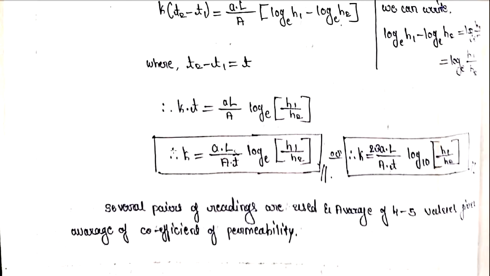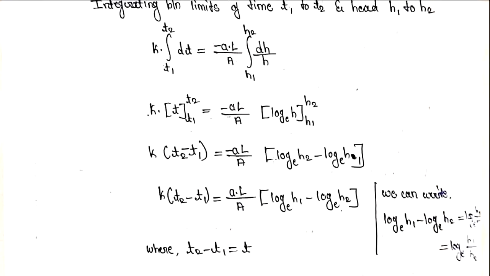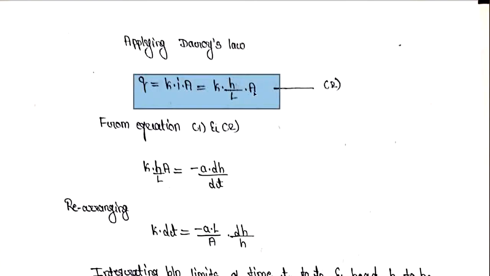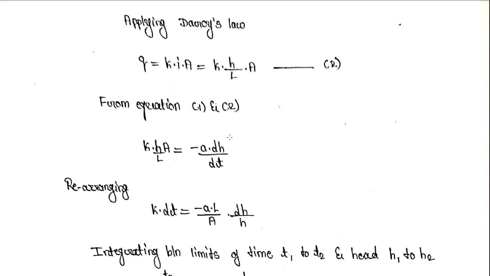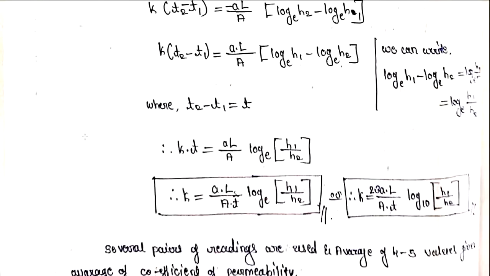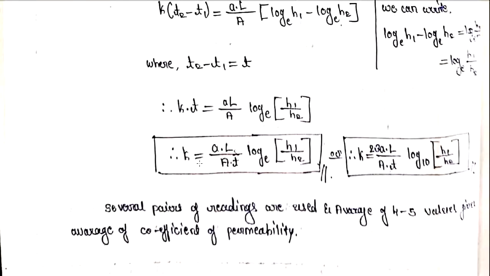Okay, so you can just go through these formulas. If you have any doubts, you can raise your queries. The formula derivation and other things are very simple, and by using the basic formula only we are going to start deriving. But remember, in the exam they may ask any method to explain or to derive the formula, so you have to derive this formula in the examination. This is the formula you need to remember in case of the falling head method to determine the K value. Either we can use log e, or we can use log 10 by multiplying it with 2.3.